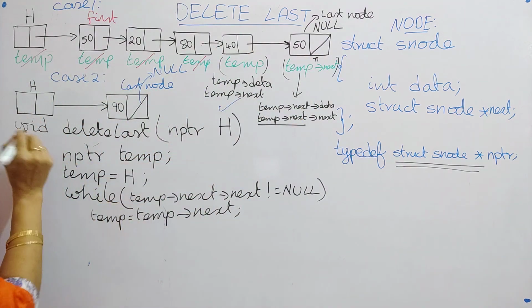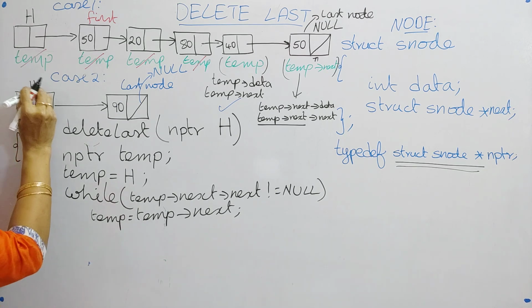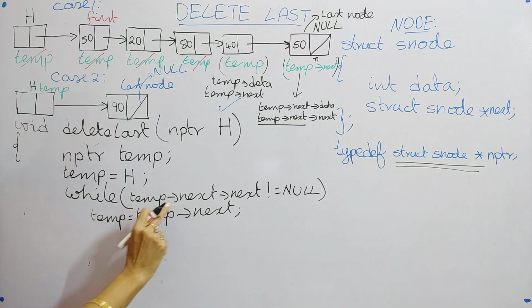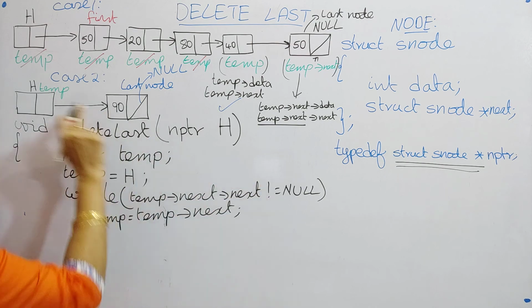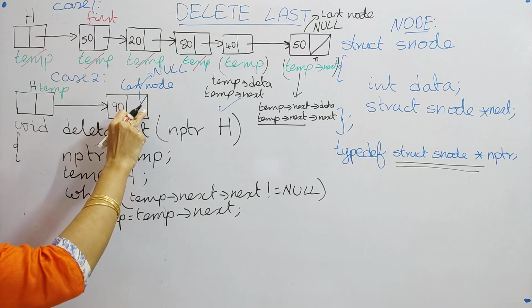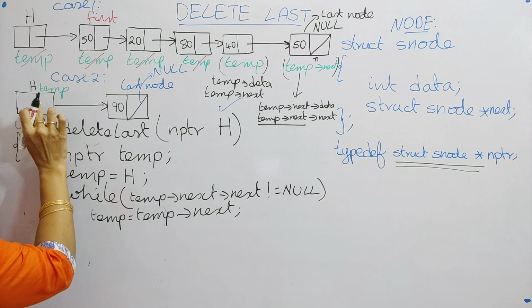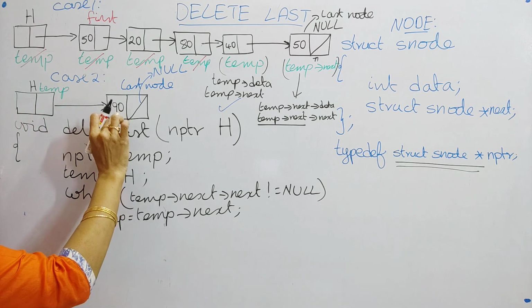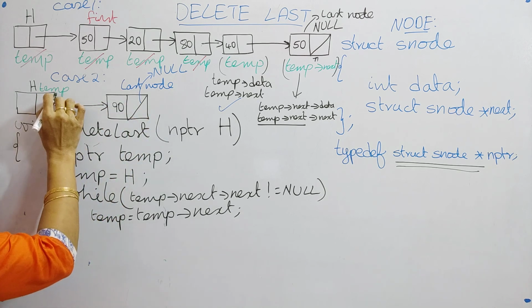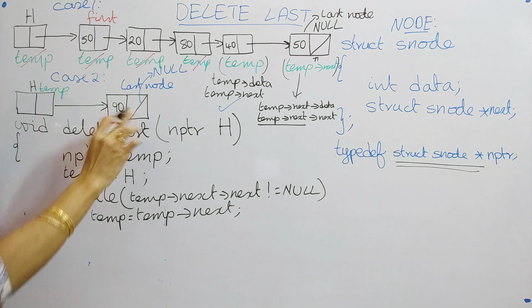For example, if you take here, where we have placed the temp, the temp is placed here. So now temp next means what? When it comes into this loop the first time, temp next is this one. Is it equal to null? Temp next means this, the 90 node. Its next is equal to null here. So that's why the temp here itself will stop. Okay.